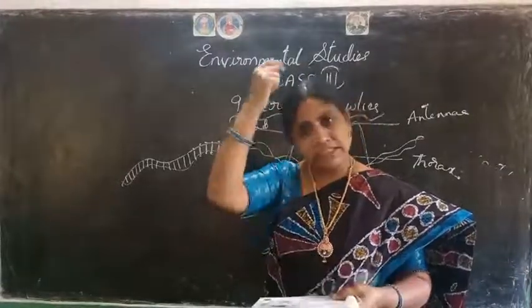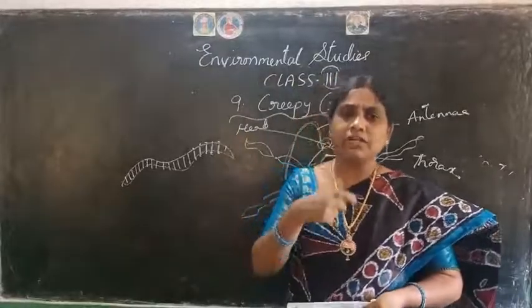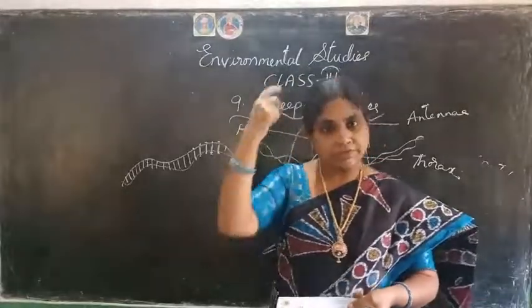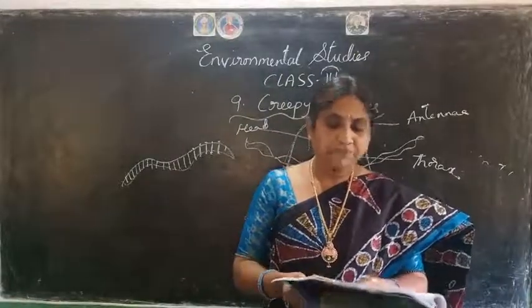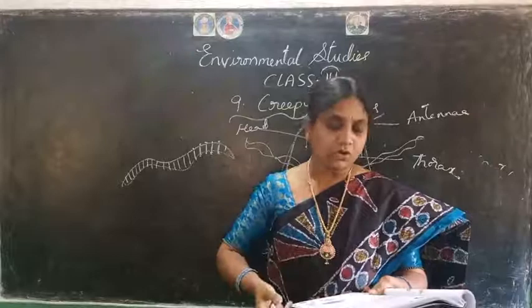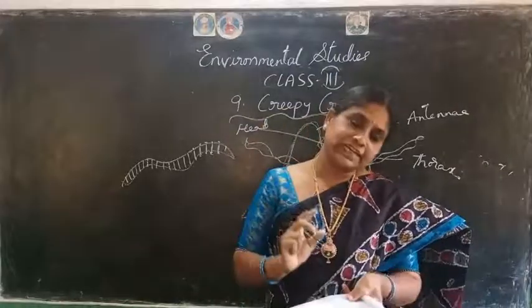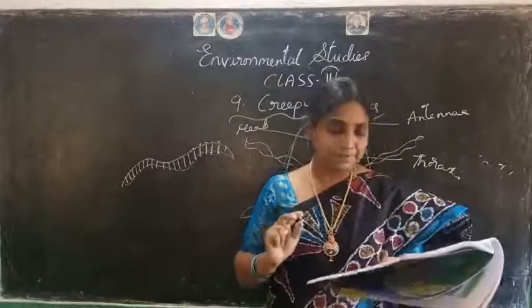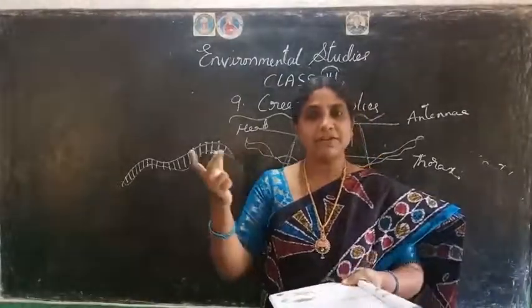Okay, it will cover itself with a bag. Bag means not a gunny bag or something. From whatever it collects, with that it will cover its body, and that we call a cocoon. Okay, then it forms a bag around itself, which is called a cocoon. So with that it will cover itself and go to sleep. In that it will sleep nicely. After some time the cocoon breaks open and a beautiful butterfly comes out.